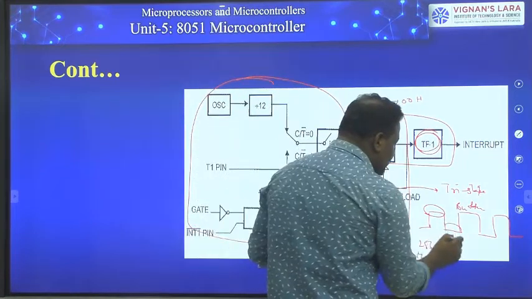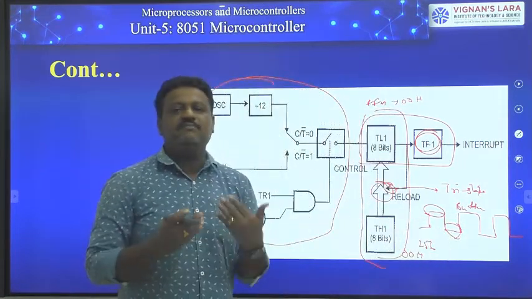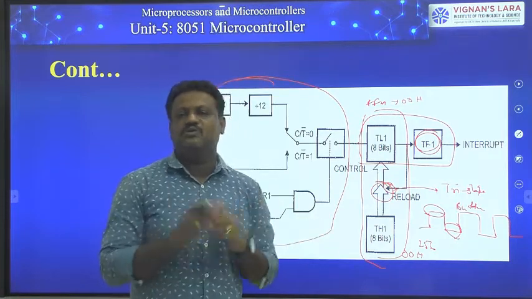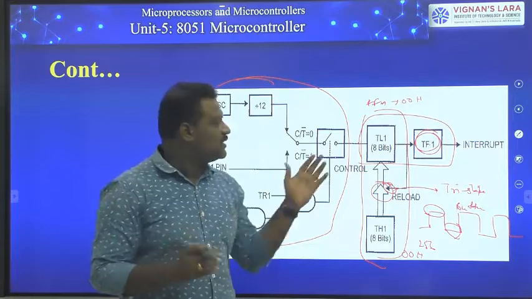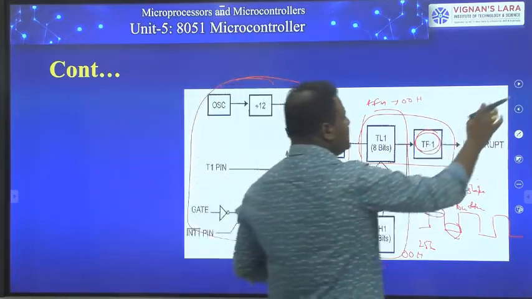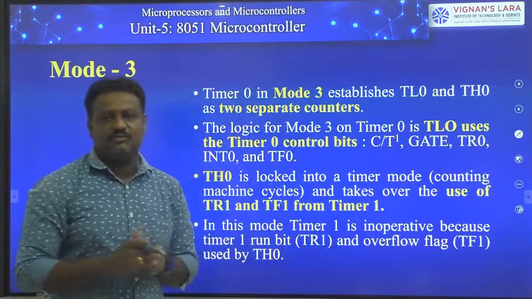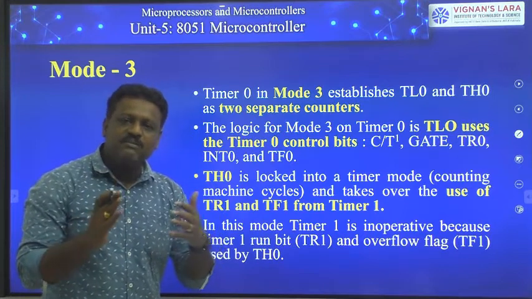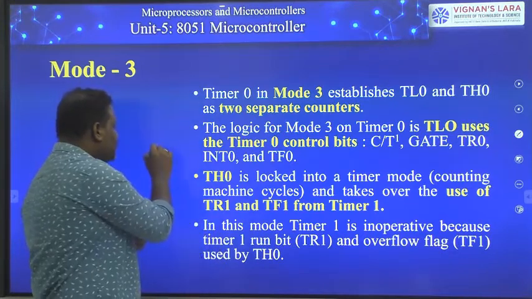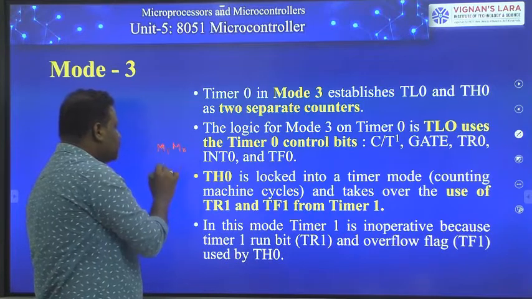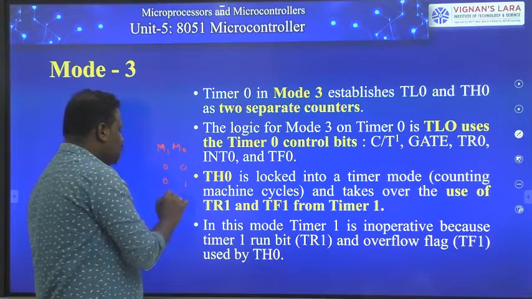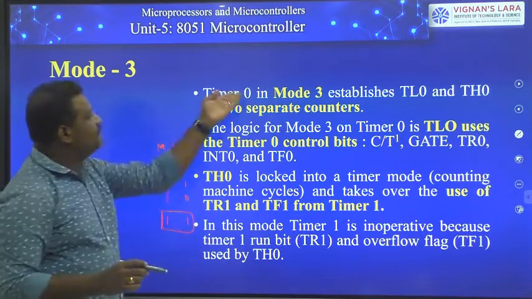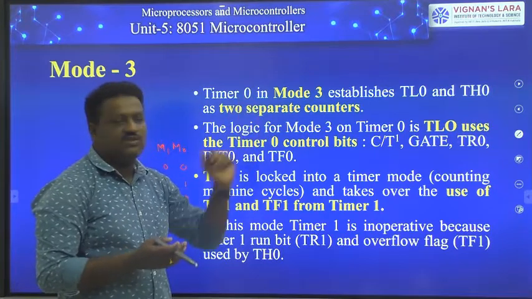So whenever you need constant time delays or repeated operations, you can use mode 2 operation. I hope you understand this mode 2 operation. And next, I shift to the last mode, mode 3 operation. When we are operating our timer in mode 3, M1 and M0 both become 1-1. If these two are 1-1, then our timer is operating in mode 3.